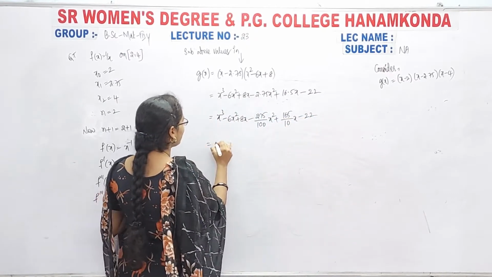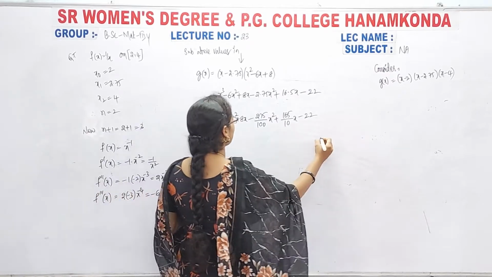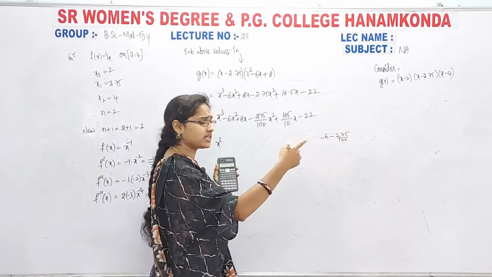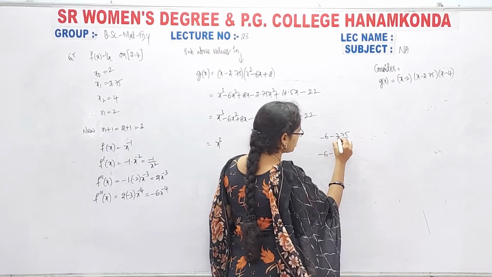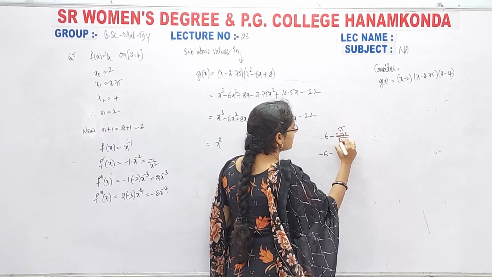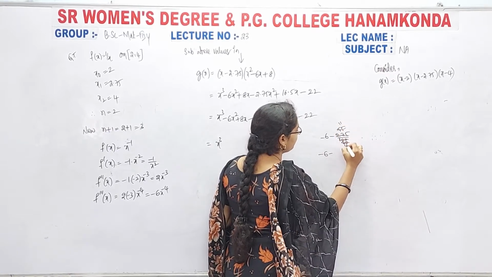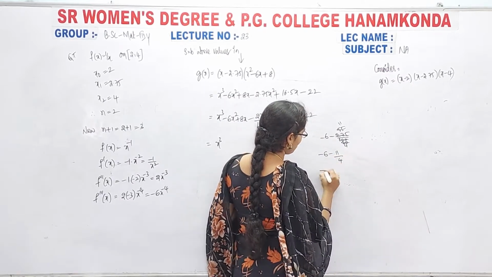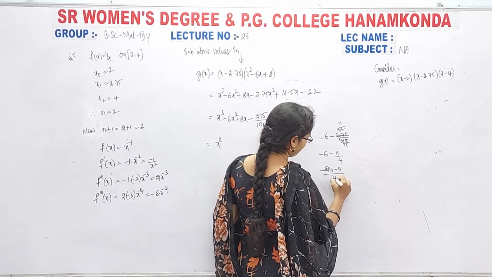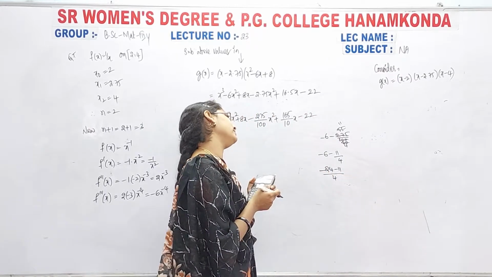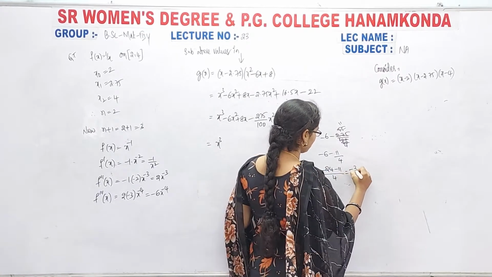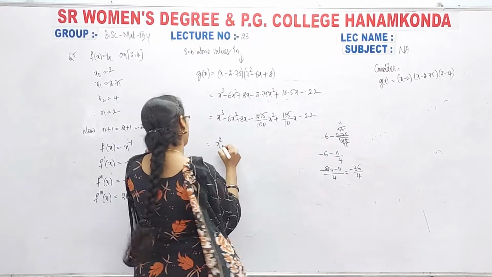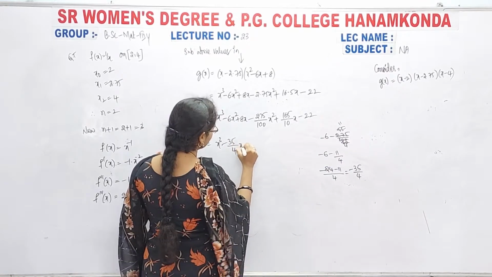So now what we get is x cube, and here minus 6 minus 275 by 100. On the side we will do it: 275 by 100, dividing by 25, 2 55s are 2 20s are 2 11s are 2 4s, so it is 11 by 4. Now minus 6 minus 11 by 4, which is minus 24 minus 11 by 4, so it is nothing but minus 35 by 4. So minus 35 by 4 x square.